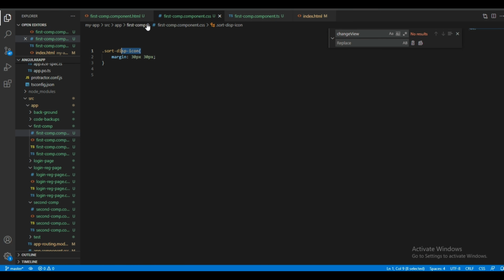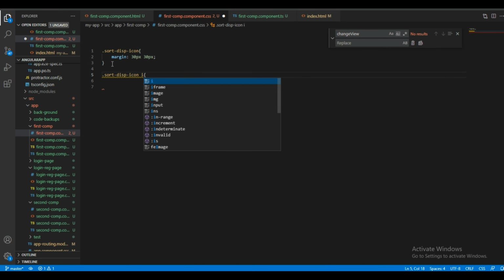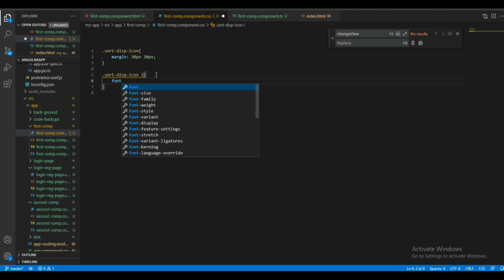So I will do one thing. I will give space between them, and colors too. I will give font size first.